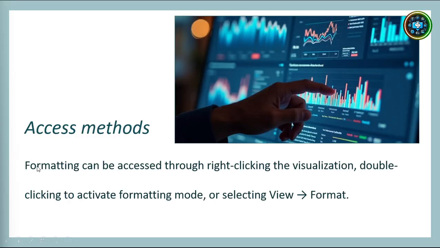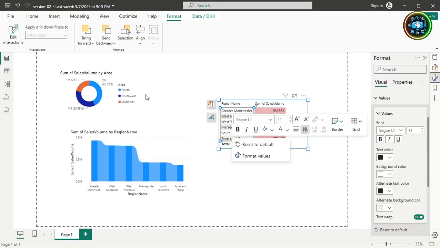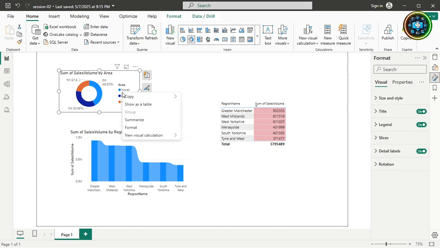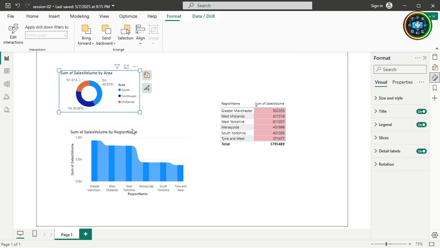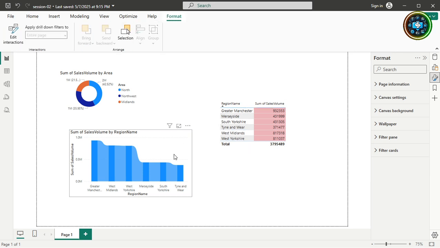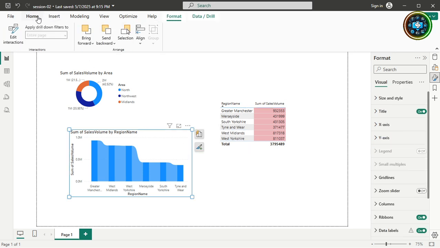So formatting can be accessed through right click on the visualization, double click to activate formatting mode, or selecting view format. All three different options I'll show you. One is right click. Right click on this, you have this option format. This one also will activate it, same thing. Second method is double click. Third method, what is that, you can just go here,